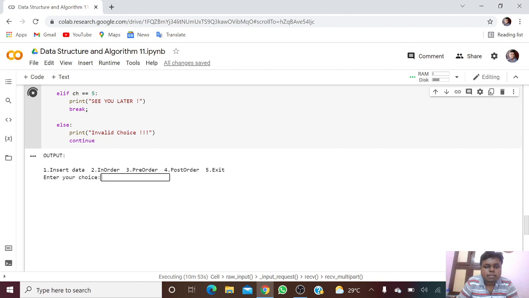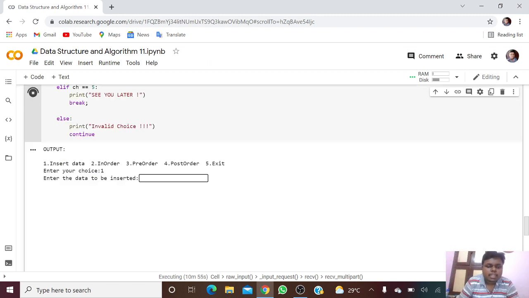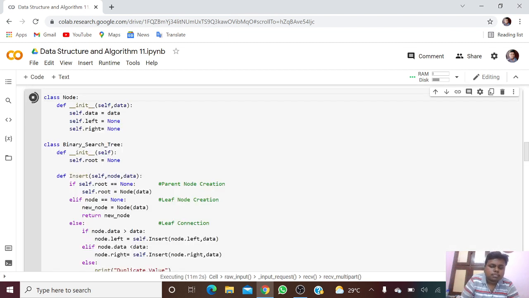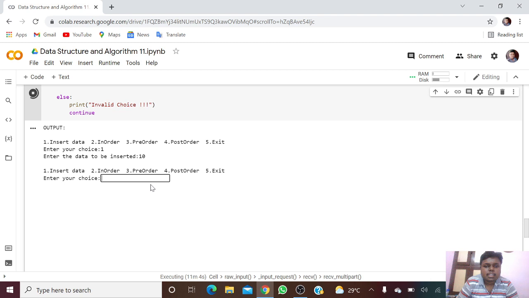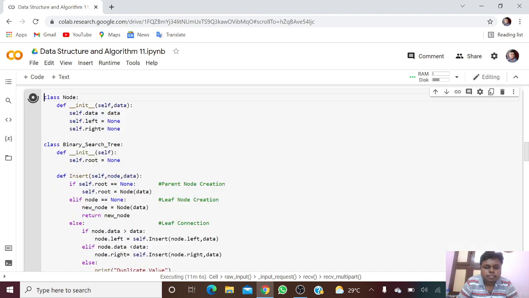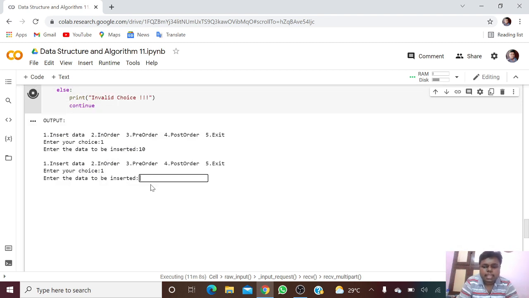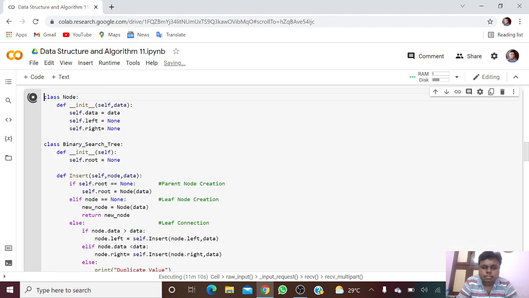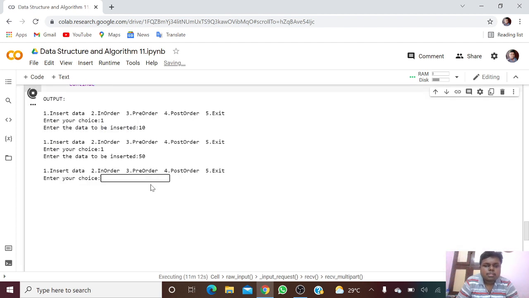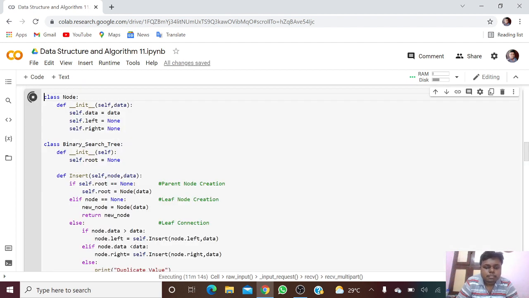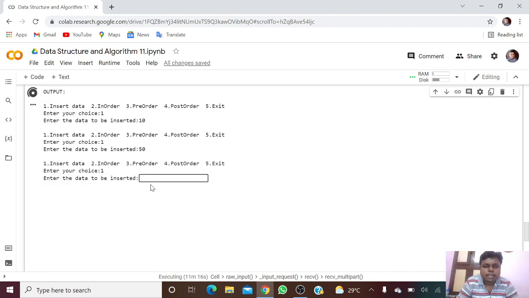Now giving choice 1, it asks to enter data to be inserted. So giving data as 10. Again I'm going to insert data, so choice 1, and I enter data as 15. Again choice 1, and I'm going to insert the data as 20.